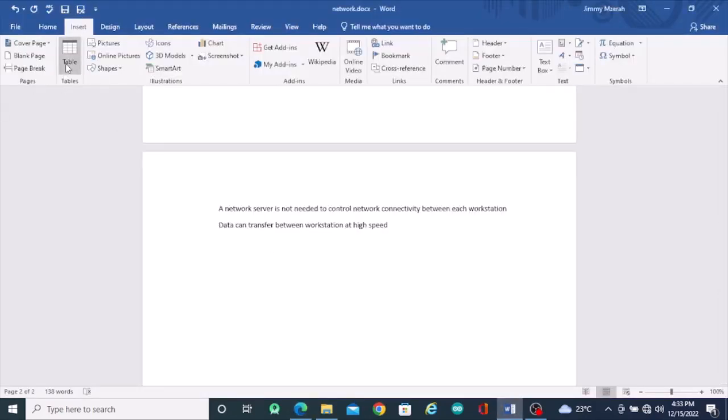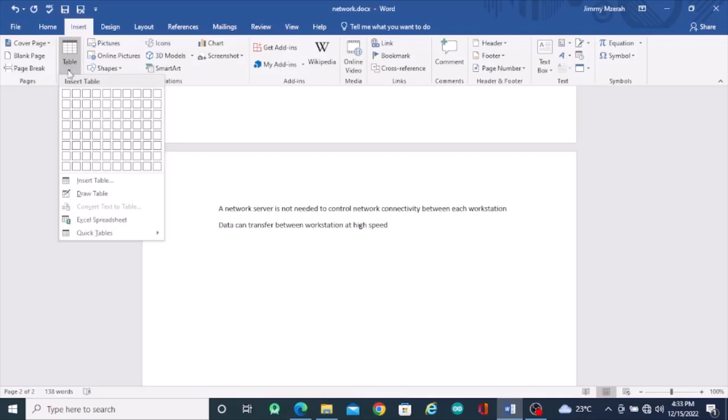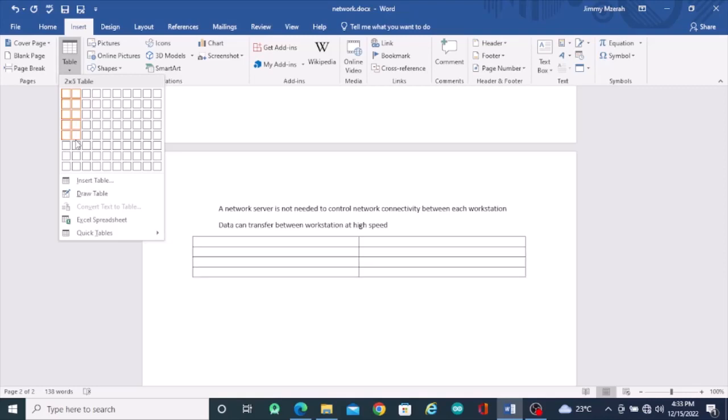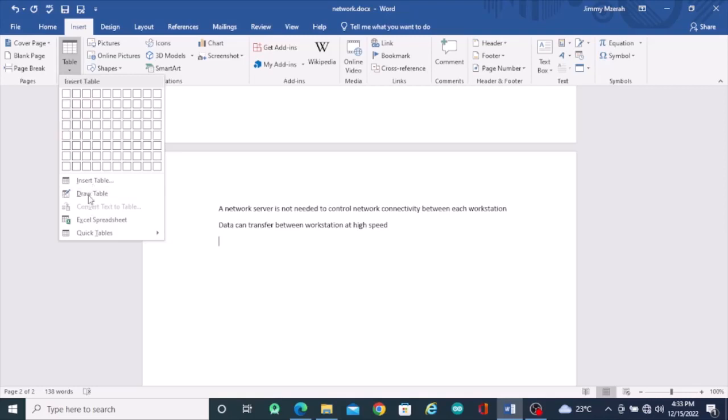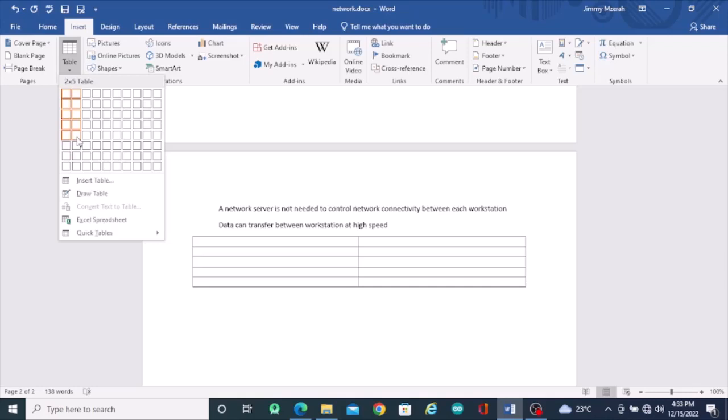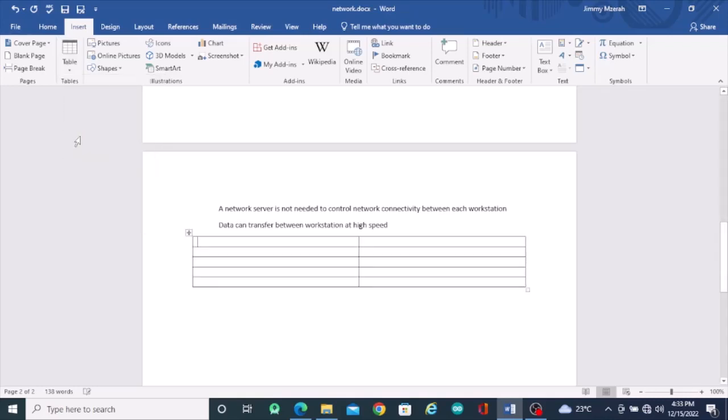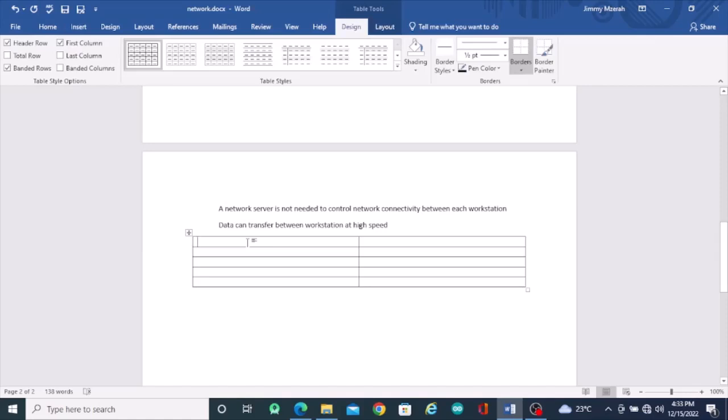For those who want, there are 3 ways of inserting. You can just use this grid. If you don't know the rows and columns, you can just insert, draw, but why not use this grid? So you just use that grid, and then we type. So here it is star, then the typing. Now for this part, we are going to highlight,